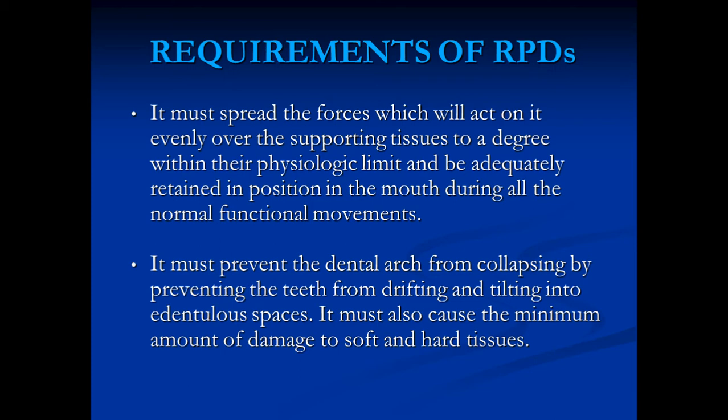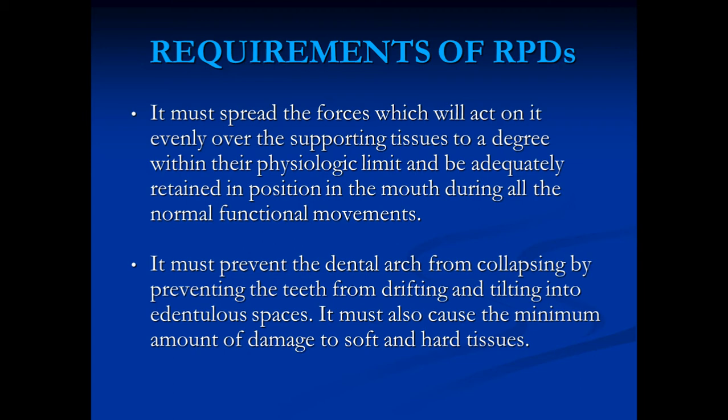So what can a good, well designed removable partial denture do? It spreads all the occlusal loads equally between the hard and soft tissues if the removable partial denture is a class 2 or a class 1 type, because it derives support from both soft tissue and hard tissue. If it is a class 3 condition, the entire load is borne by only the hard tissue, that means the teeth, because we have a quadrilateral configuration.